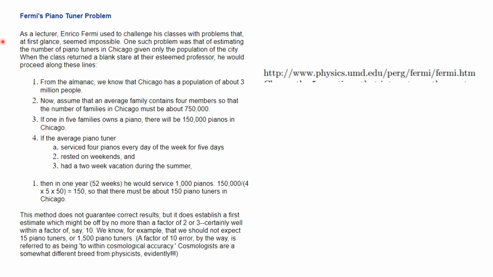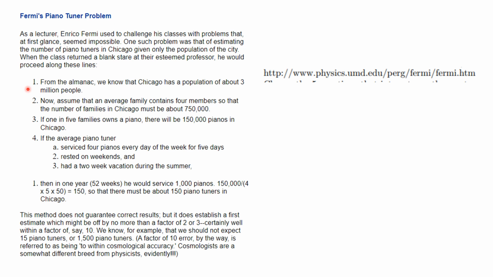As a lecturer, Enrico Fermi used to challenge his classes with problems that at first glance seemed impossible. One such problem was that of estimating the number of piano tuners in Chicago, given only the population of the city. When the class returned a blank stare at their esteemed professor, he would proceed along these lines. From the almanac, we know that Chicago has a population of about 3 million people. Now assume